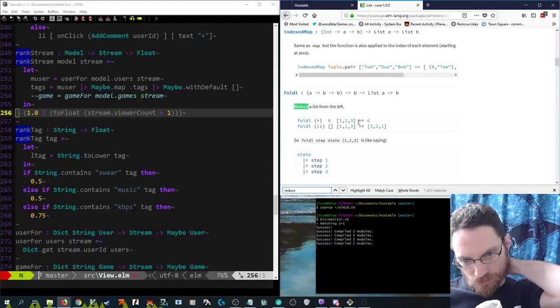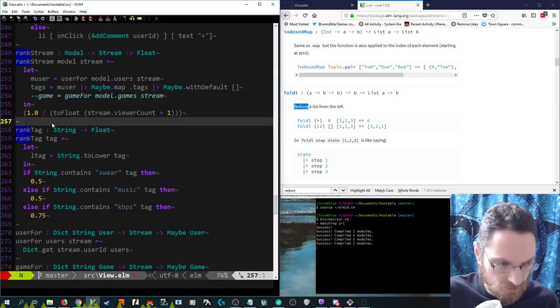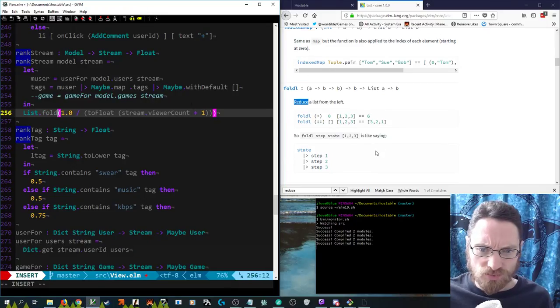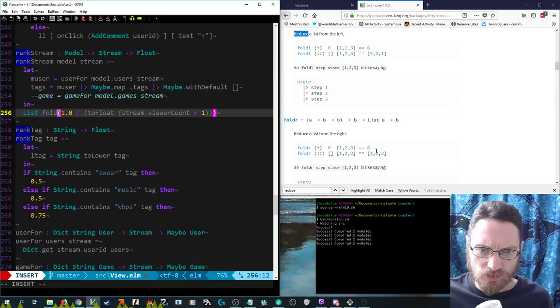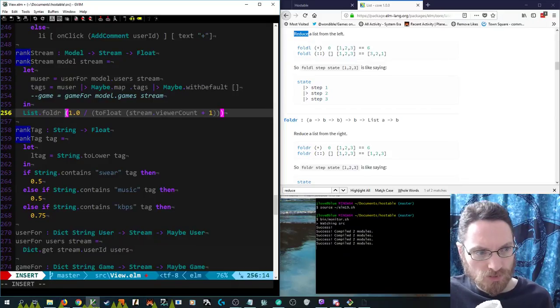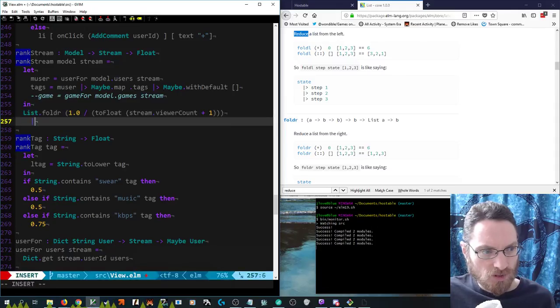An operator, initial value, in a list. I don't know. It's not going to matter for multiplication. I think foldr might be the more efficient in list format. So our initial value and,